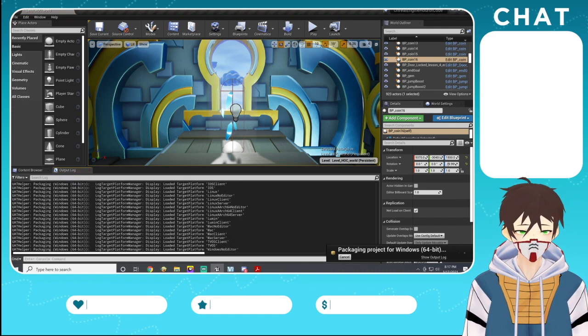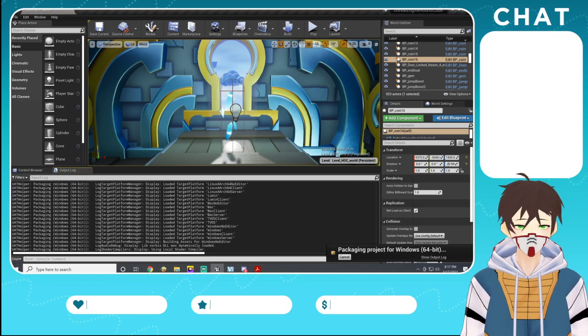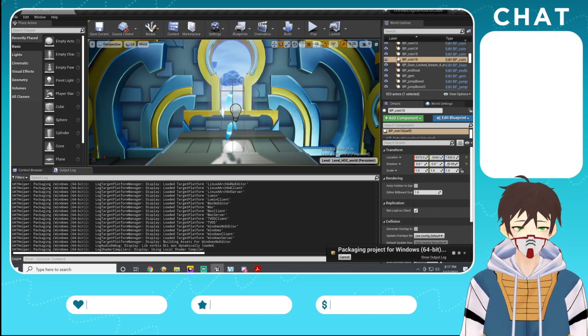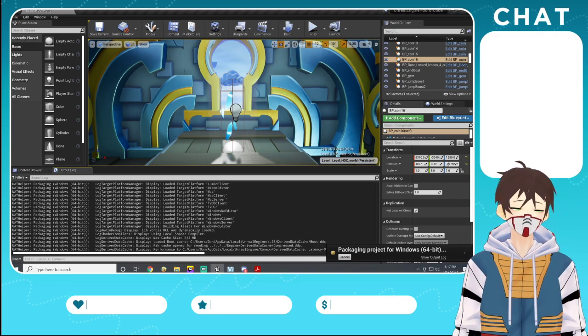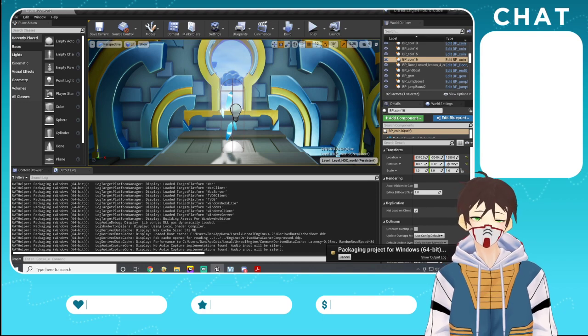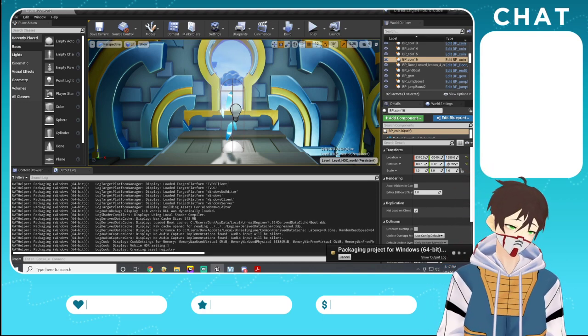This shows the output. Packaging everything, shaders and everything. I don't really understand how some of this works because I never... But anyway,